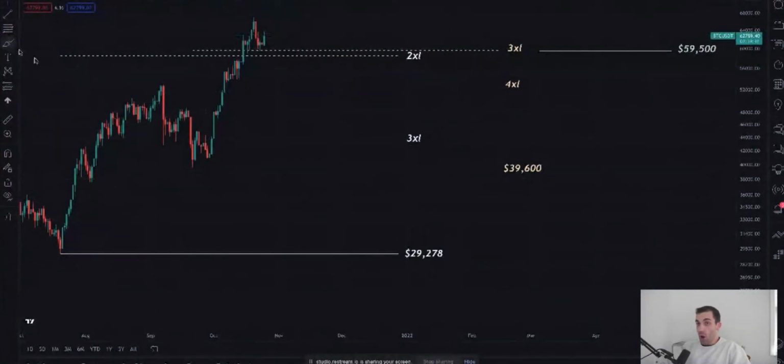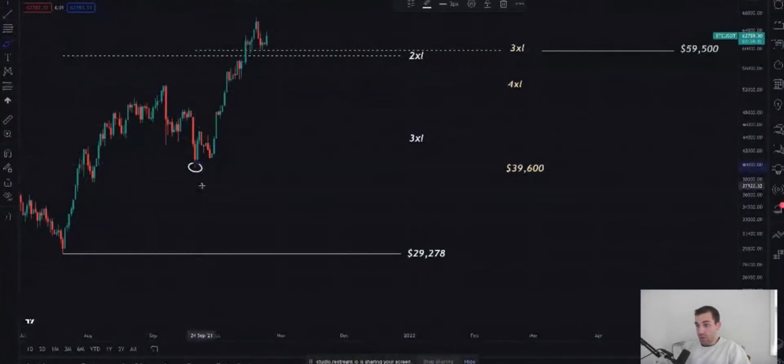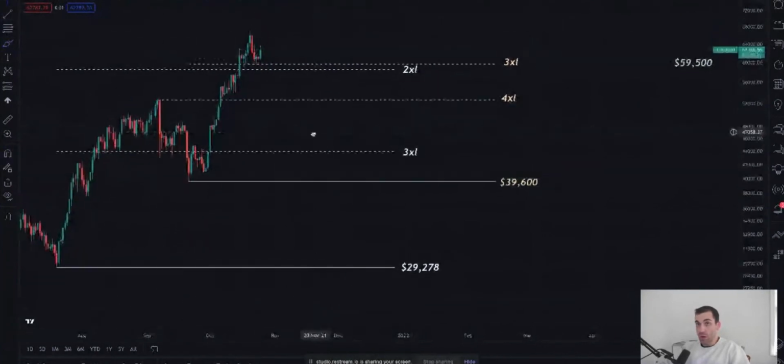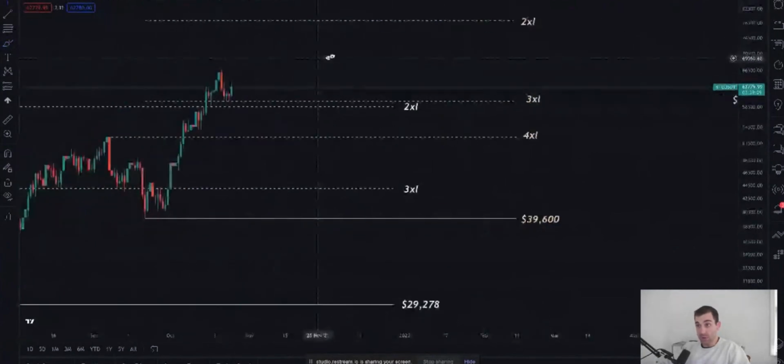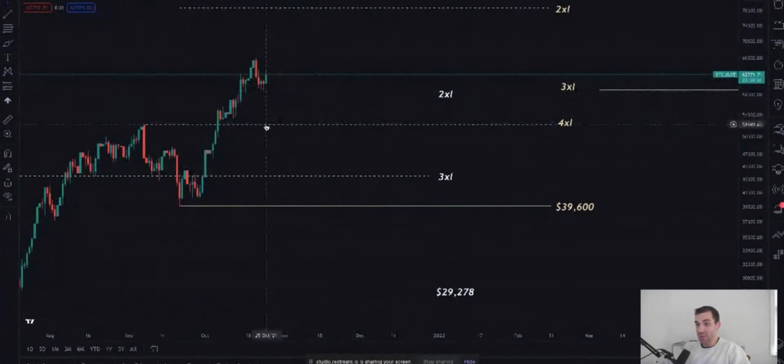From our $39,600 swing low here, we can also calculate our margin pressure levels. We saw the 4x margin pressure level get broken very strong with a lot of momentum. This lines up with our previous resistance point, right? 3x long level broken with a lot of momentum. We made an all-time high. Where did we find support? Our 3x long level. I don't know if you guys are seeing a pattern here, but these key resistance levels